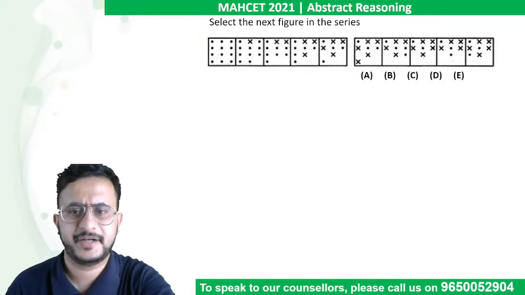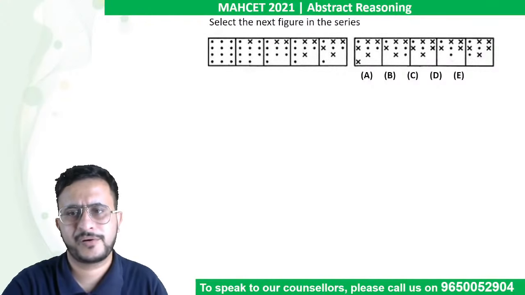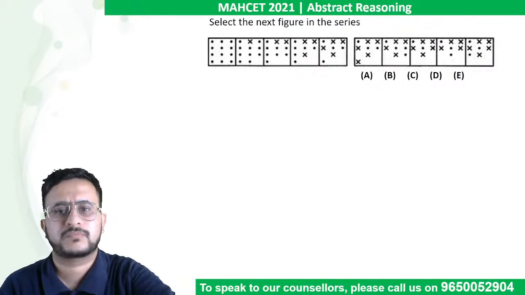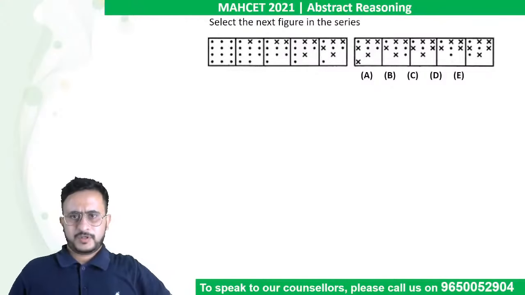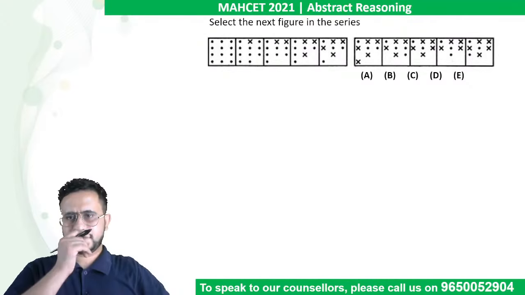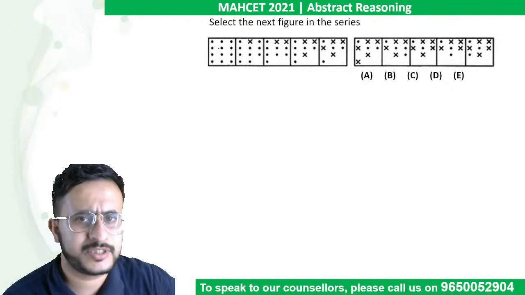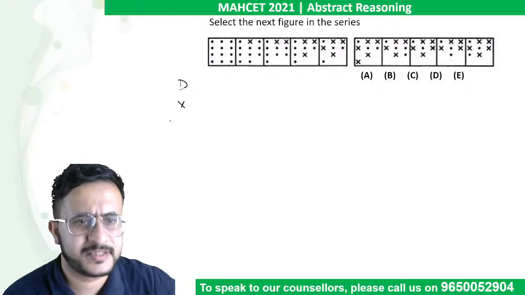So look at the pattern and try to identify what will be the next figure. Now there is no pattern to it, right? There is no specific pattern. See, it has 12 dots, right? Now I'll talk about dots. Then there is cross and there is, I mean, space, or you can say blank,